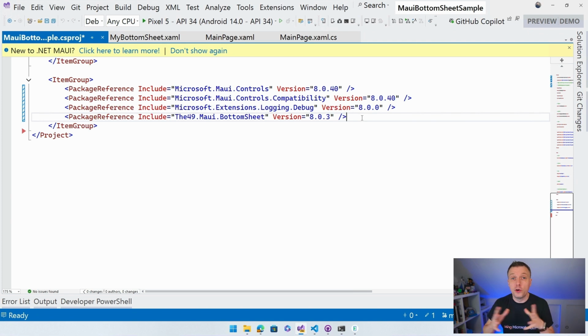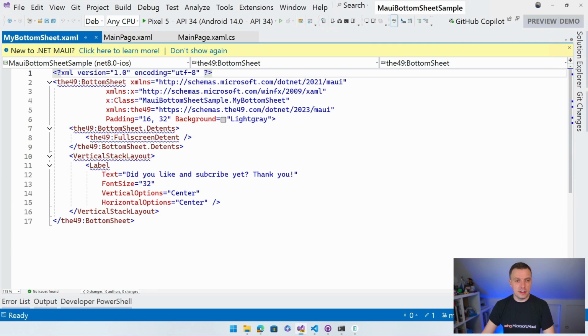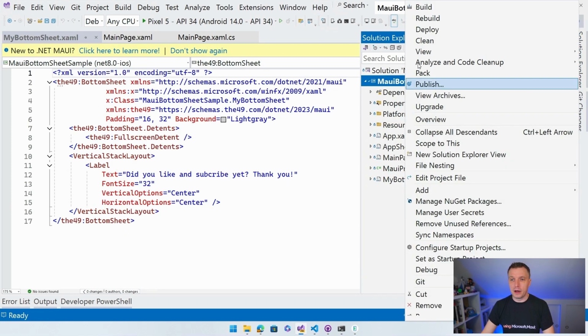Now you also know, if you're using VS Code, how to do it manually, right? This is basically all the NuGet Package Manager does for you in Visual Studio. You can all do it manually. It's all contained in the CSProj. So let's just save that. We have all of that. And actually, I think, oh yeah, there's the breaking changes, of course. So let's just build my project right here.